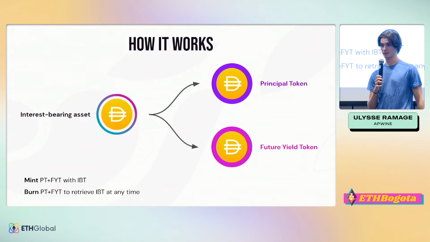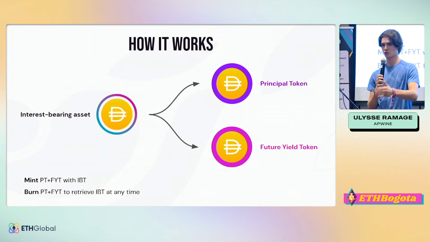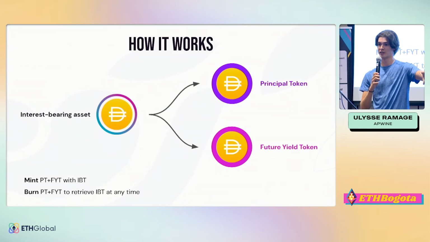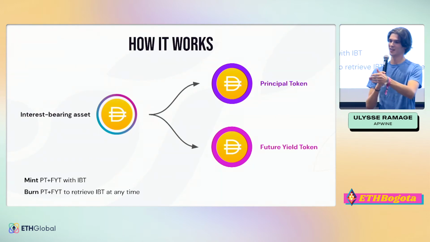And for example, I can use this principal token on Compound, so I can get a loan. Exactly. No, please. What I meant to say is you can use Compound to generate yield and then go on APWine to tokenize that yield. It's very interesting, though, that you mentioned borrowing with PT as collateral.